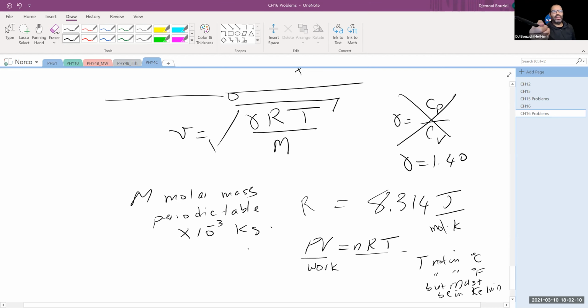Because otherwise the expression doesn't make sense. As you can clearly see, gamma has no units, R has the units of joule per mole, which is just a number in this case, so forget about that one, it's just a number, per Kelvin. Kelvin cancel Kelvin, and I have a joule in the numerator, and the joule in the numerator is force times